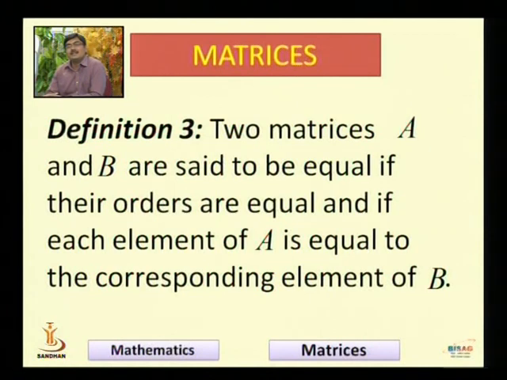So, first and foremost, they should be in a situation to be compared. We have written that two matrices, name them A and B, are equal if, first of all, their orders are the same. So, if A is a matrix of order m cross n, then you should compare A with another matrix B which should also be of order m cross n, and moreover the following should also hold: each element of A should be equal to the corresponding element of B. Now, what do I mean when I say corresponding element of B?